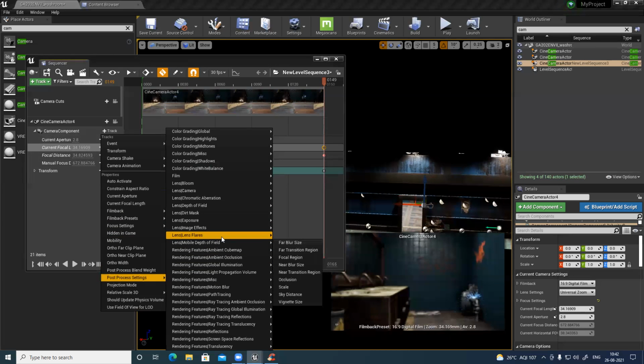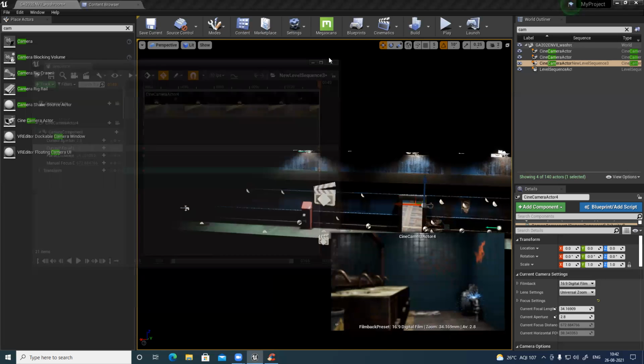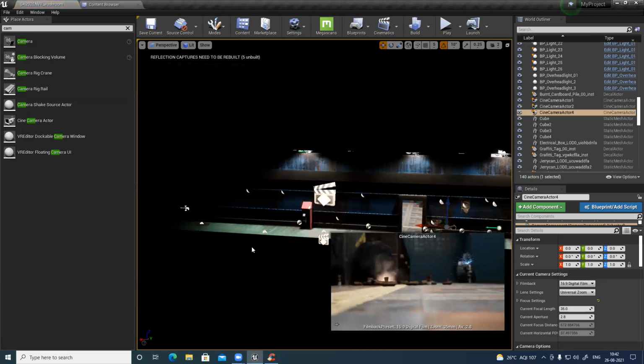Post-process setting. Blur radius and all these things. Okay, basically I can add whatever I want. Everything is there. I can add and generate those details. Make it look nice.